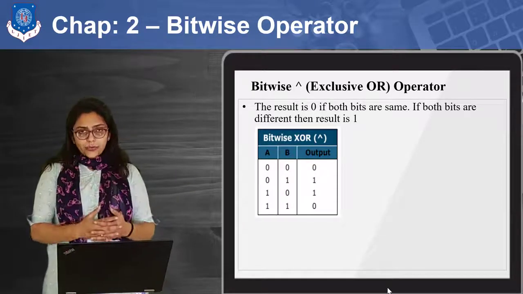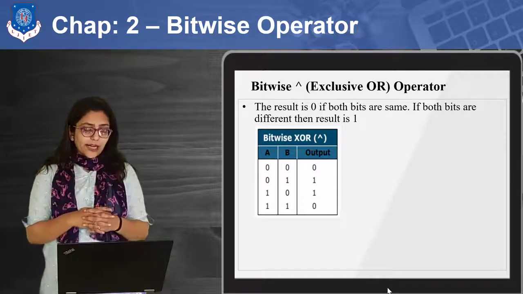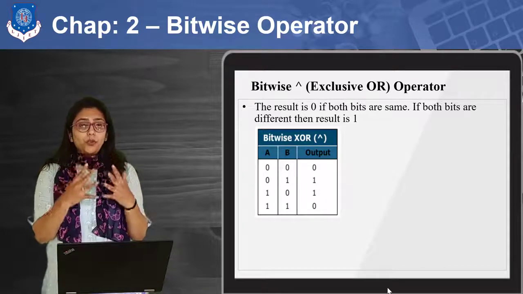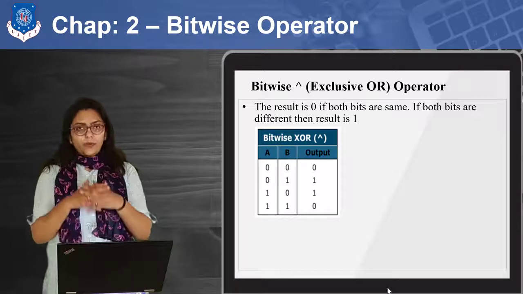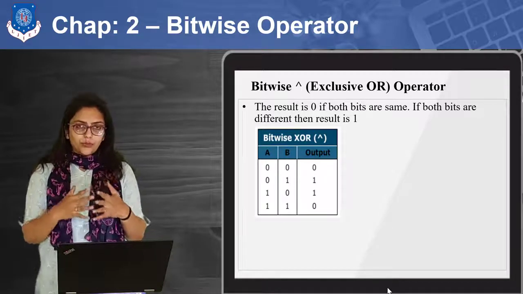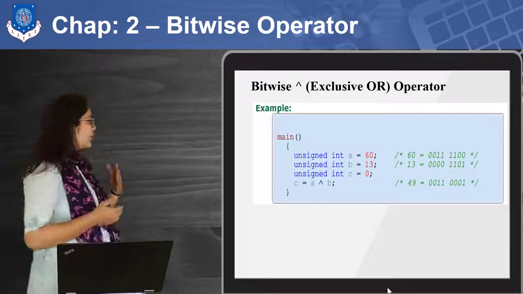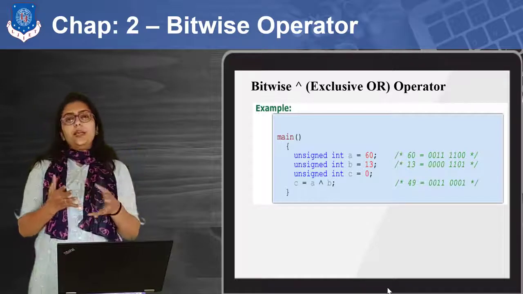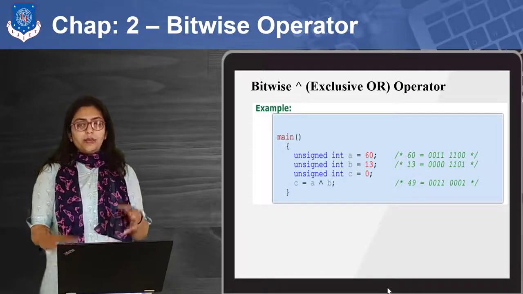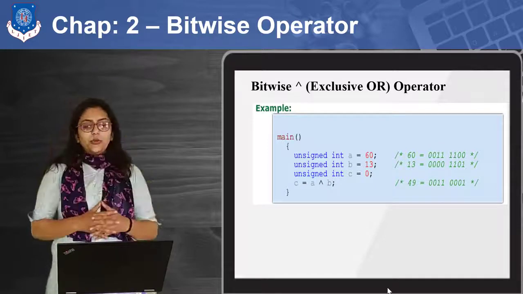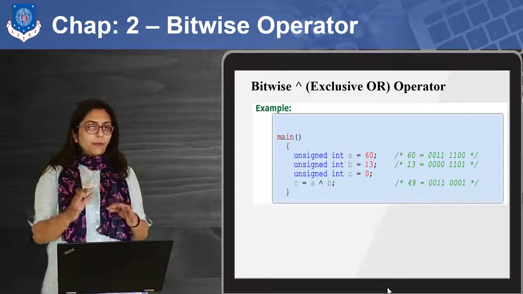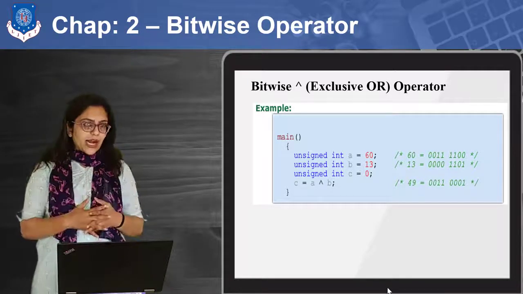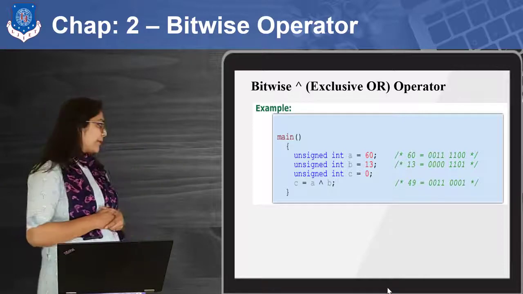Now bitwise exclusive OR is like an exclusive OR gate. An exclusive OR gate is a kind of gate in which if both of the inputs are equal, then the answer will be 0. Otherwise, if one of the inputs is different, then the answer will be 1. So for 0,0 and 1,1 the answer will be 0, but for 0,1 and 1,0 the answer will be 1. According to this truth table, in this program, for the numbers 60 and 13, if we are exclusive ORing them, then we will get a different answer, that is 49. You can see the binary for 49 over there.